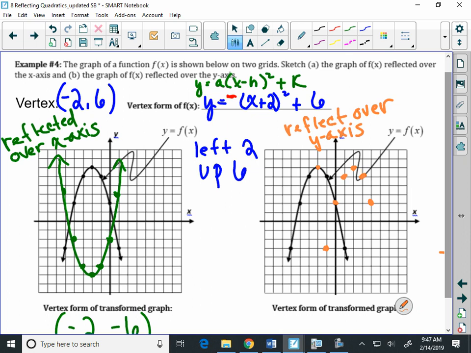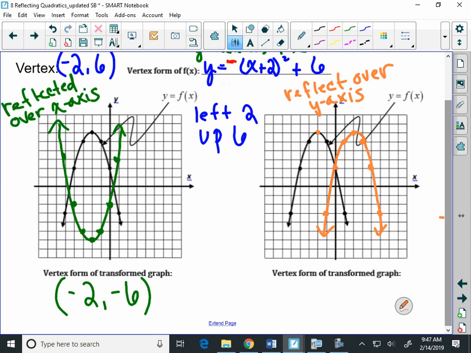The point -5, -3 is going to flip over the y-axis and land at +5, -3. And here we can actually see the reflection of a graph over the y-axis. And to finish, our new vertex is 2,